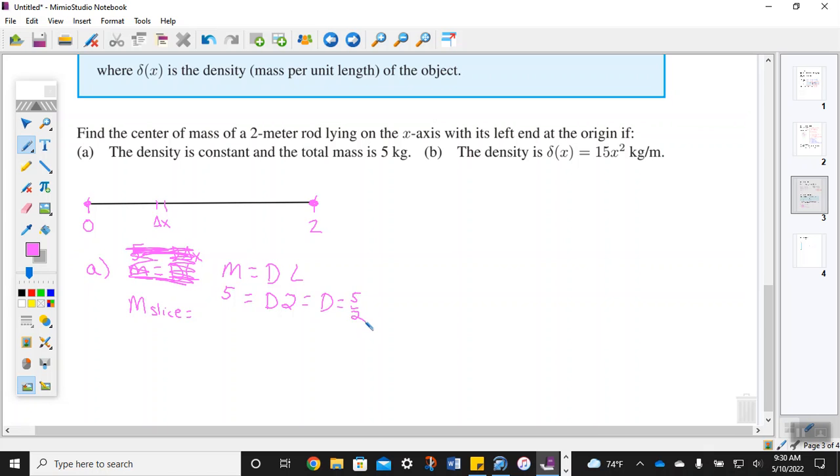Now guys, to find out where the center of mass is, we need to look at the mass of one slice. And the mass of one slice again is a density times what? What is the density here again? 5 over 2. What's the length of one of these slices? It'll be delta x, right? So the total mass,